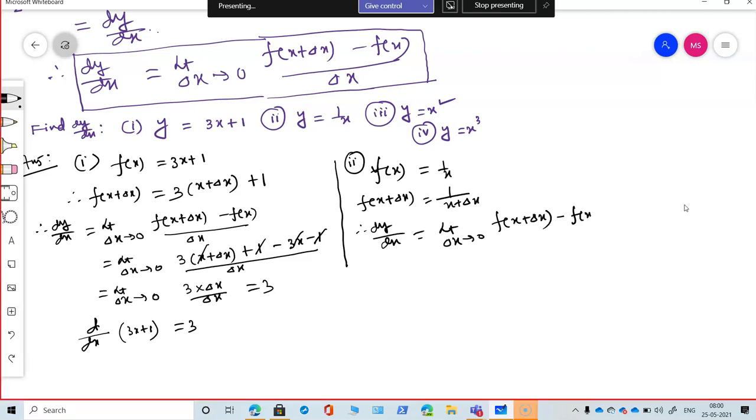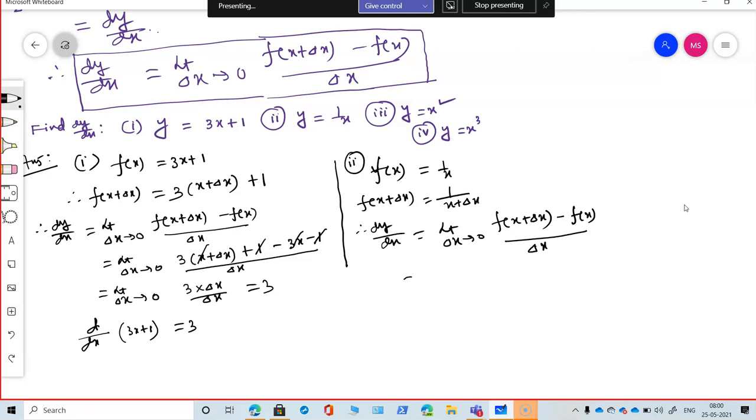I will not encourage you to use other symbols in place of delta x. Some students write h, k, all those things. No, because you are going to apply it in physics. Delta x, delta y, these symbols are in use in physics. So stay fixed to this symbol only, not h. In mathematics, you can use any symbol. There is freedom, but in physics you keep it in terms of delta x, everything.